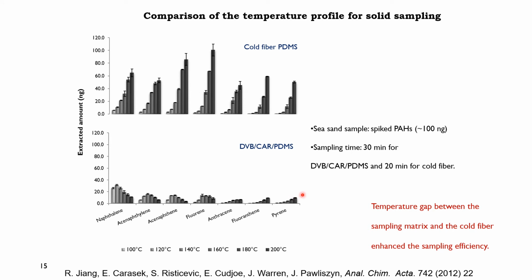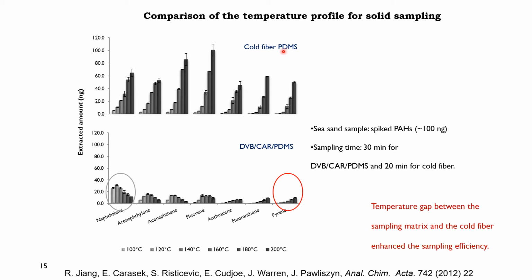So if you look at an example, here a commercial fiber, DVB, Carboxen, PDMS, commonly called sandwich fiber. If you increase the temperature from 100 degrees to 200 degrees, you can see loss in sensitivity for more volatile components, some increase for less volatile components, but in cold fiber SPME,